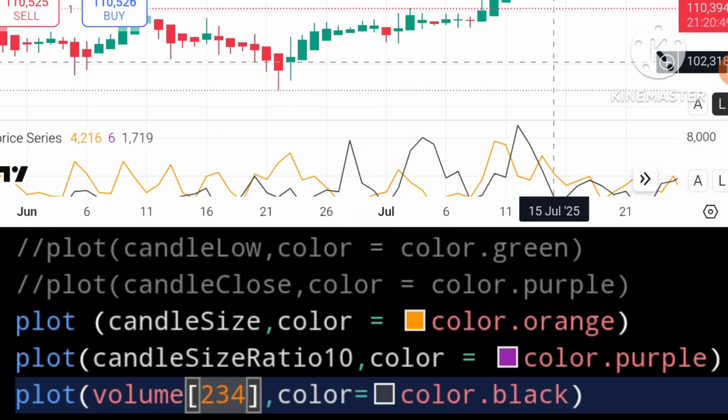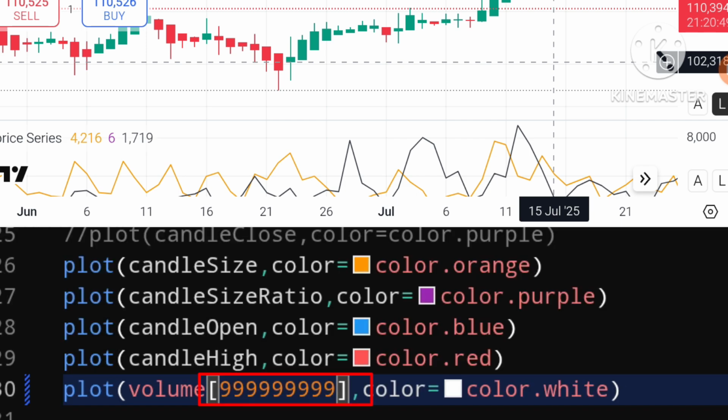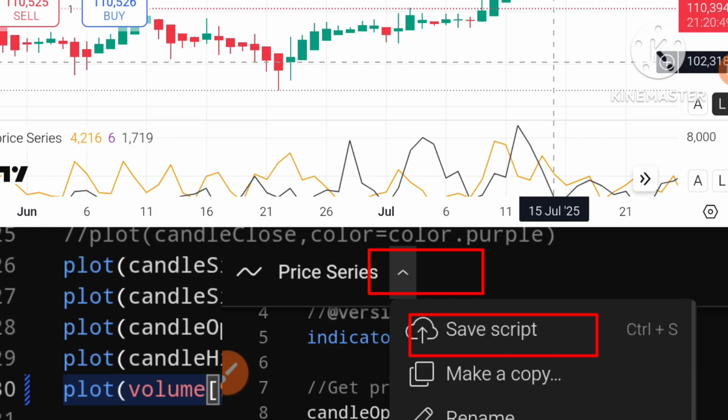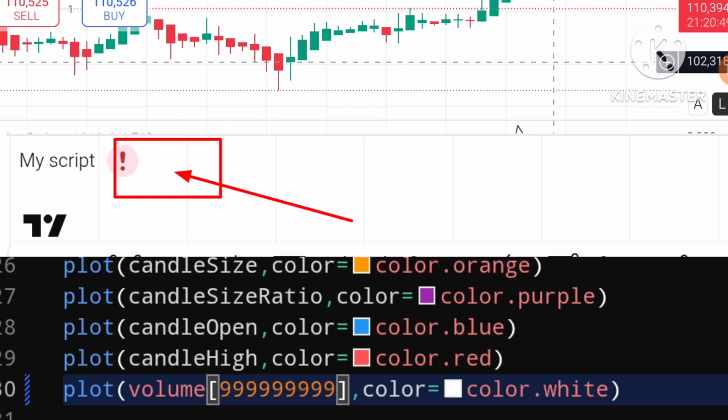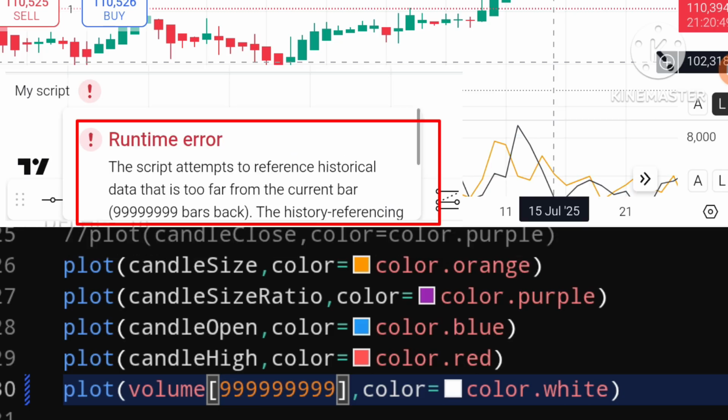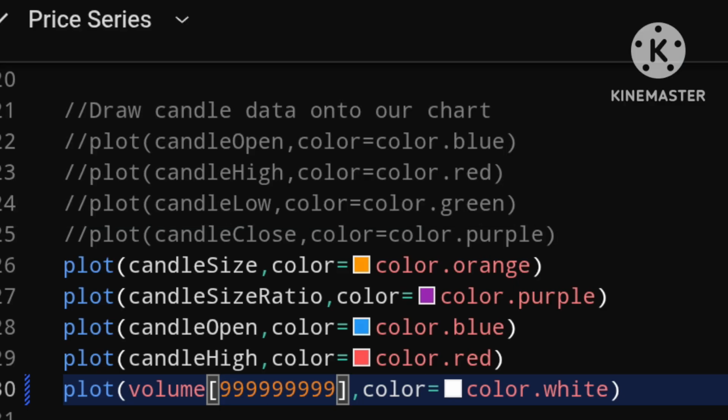There is a limit to how far back you can look. So if I set this to 9999999 and save the script, we will get an error. You can see this little warning sign popping up here. If I click on that, it says too large, max total bars back, and then we have our large number here.